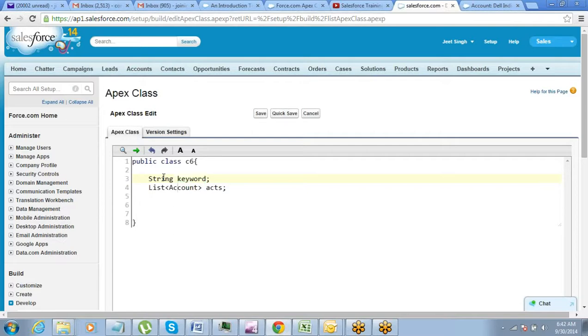All right. So simply, first of all, try and understand this. This keyword I have to call on the Visualforce page, and this list also I have to call on the Visualforce page. So first thing, we should go and define the get method for these two things, right? For those who do not have that much programming knowledge and understanding, try to keep these basic things in mind.